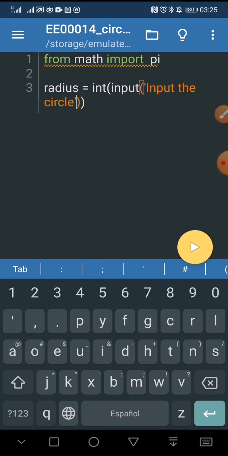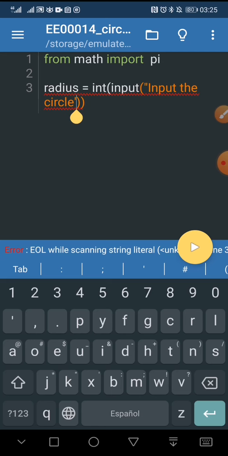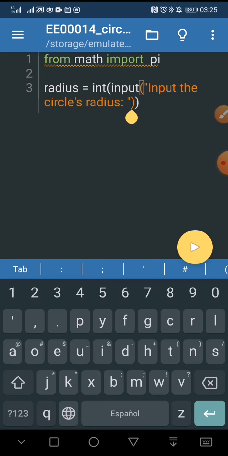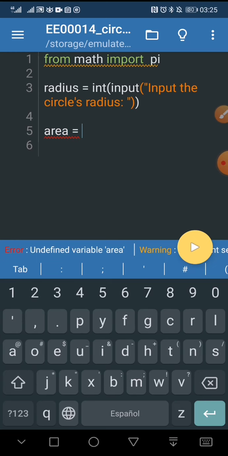We need to create a string using double quotes: radius, semicolon, space, and close the string using double quotes. Okay. After that we will create an area variable, and in that variable we will store the computation of